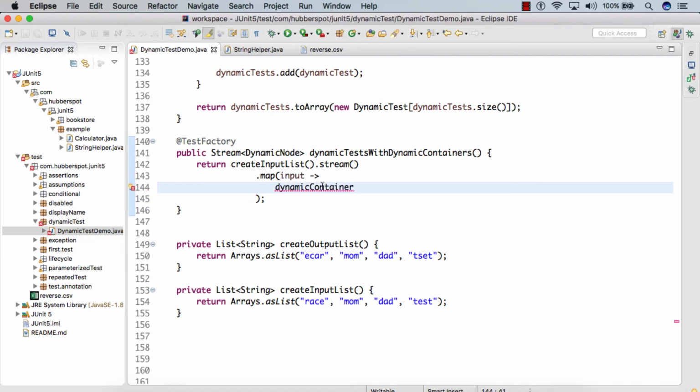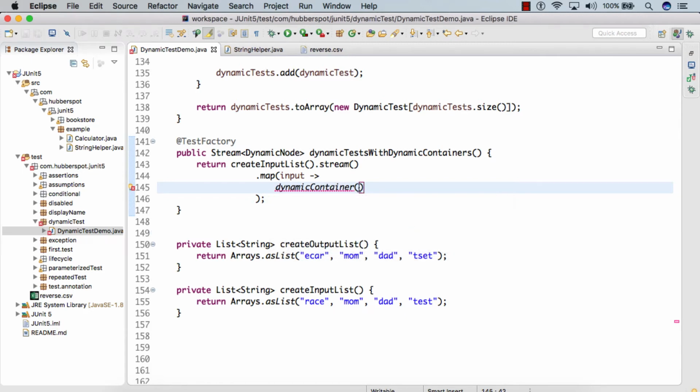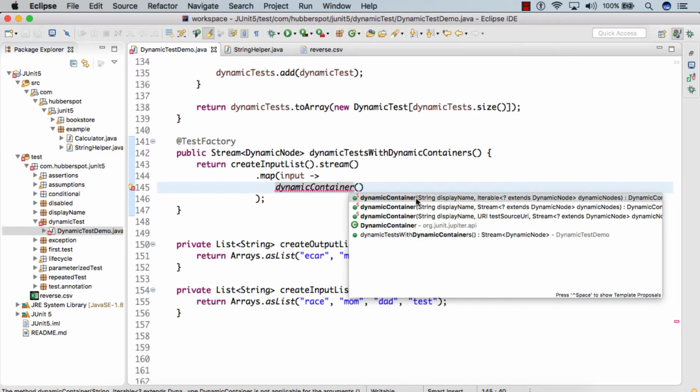So the method to create a dynamic container is the static method present in the dynamic container class. So either we can use dynamic container dot dynamic container, or we can simply do a static import. And here if you see, the dynamic container takes in a display name, and it takes a stream of the dynamic nodes, which is nothing but a composition of dynamic tests and dynamic containers together.